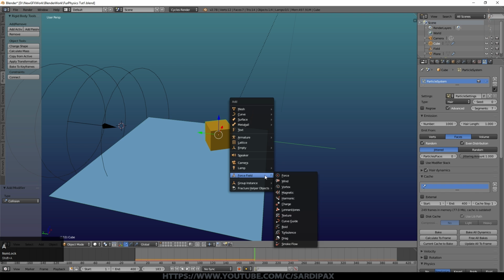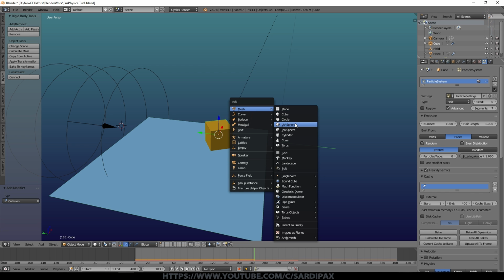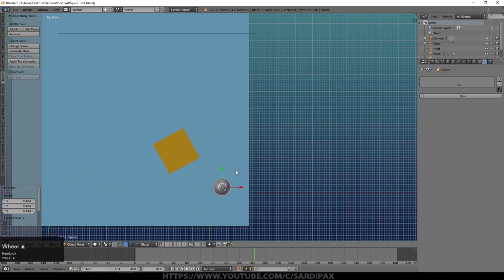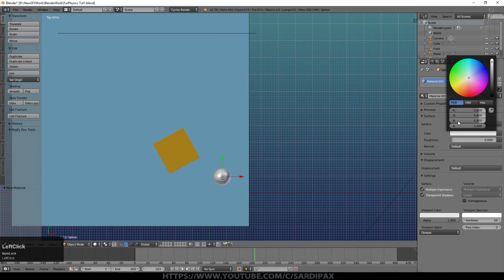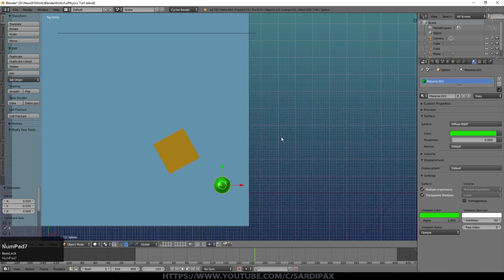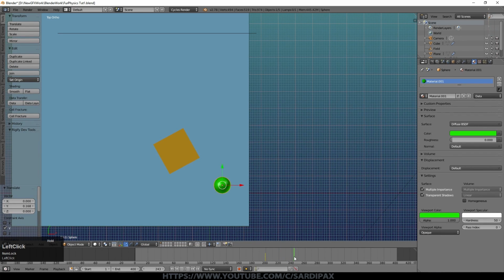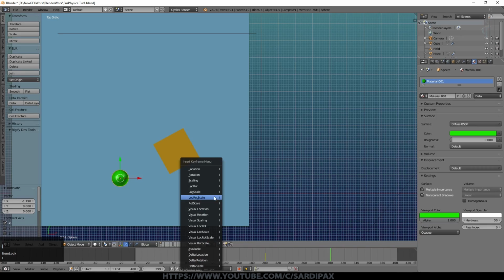I'm now going to add another object and make that a UV sphere, and let's put it over here and perhaps make it a little smaller. Again, Control A, add rotation and scale. We'll give that another color. And then what we're going to do is animate it. So somewhere around frame 200, I'm going to give it a keyframe and we'll make that location. And then I'm going to go to something like frame 300 and move this object to somewhere like that, or perhaps over there a bit more, and press I for location.